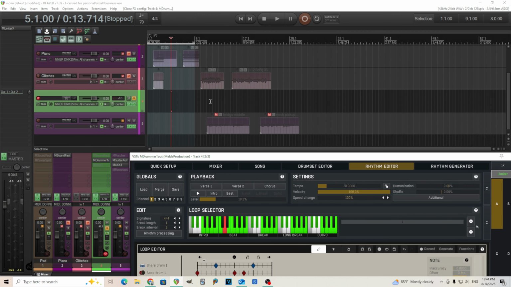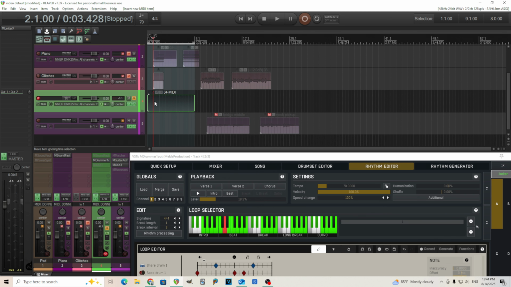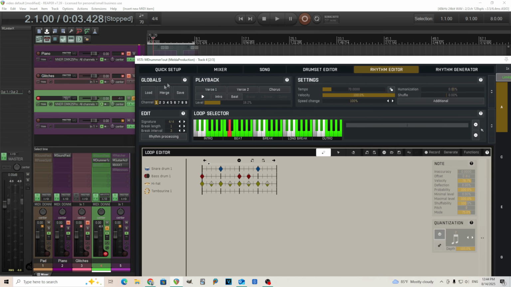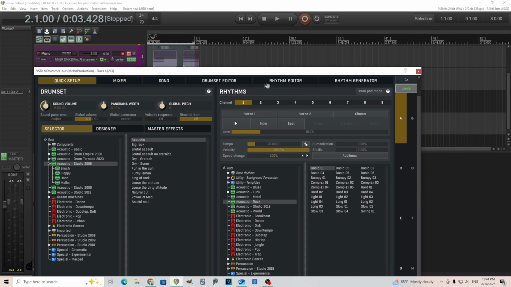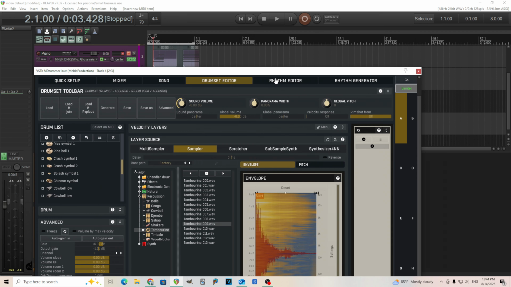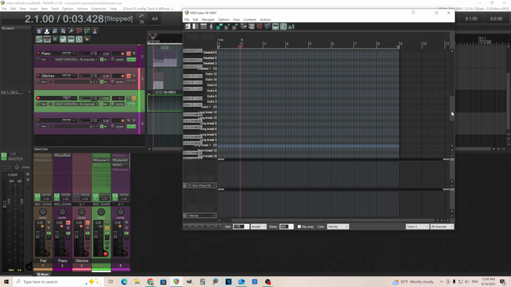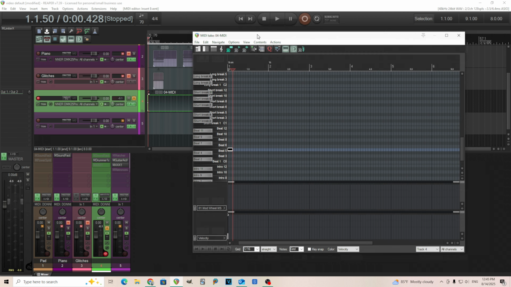What I want to do is, in my song, I'll go here and insert a MIDI item. Since it's in drum set mode, it'll show you exactly what these drums do. But I probably don't want that for this, so I'm going to go back, turn drum pad mode off, and load in one of these rhythms. First, I'll just add this, and we'll go to beat. And if I play this,